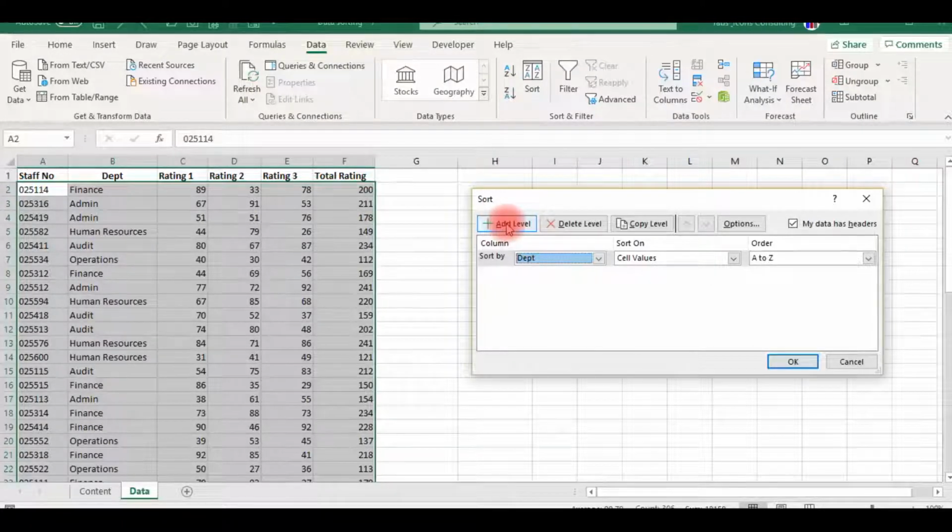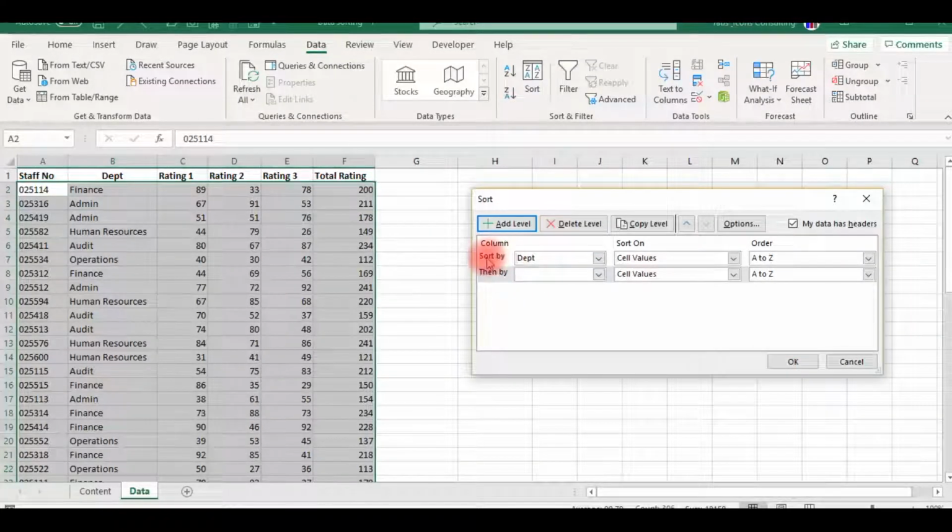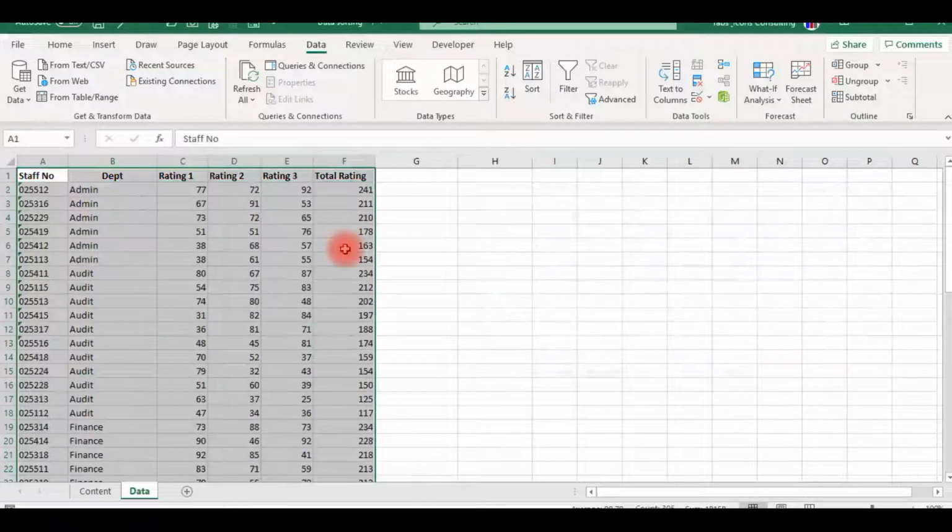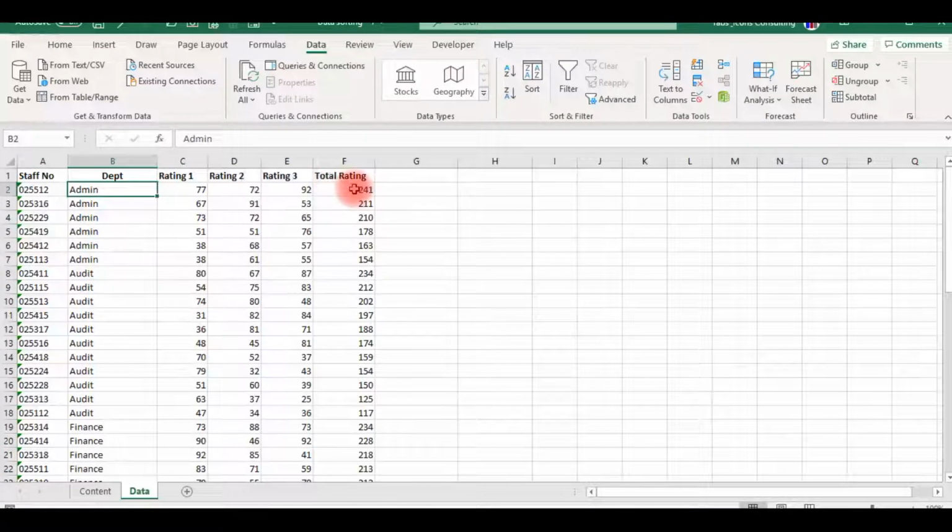Now I come here and add another level. If I click on add level, it's asking me, I'm sorting by department, then by, I select this. I'm also sorting by total rating. Let's use largest to smallest, so each department will start with the highest rating, and I select OK. Now I have admin here, taking 241 as the first admin person, followed by 211. You can see that this side is in descending order, and if you move to the next department,